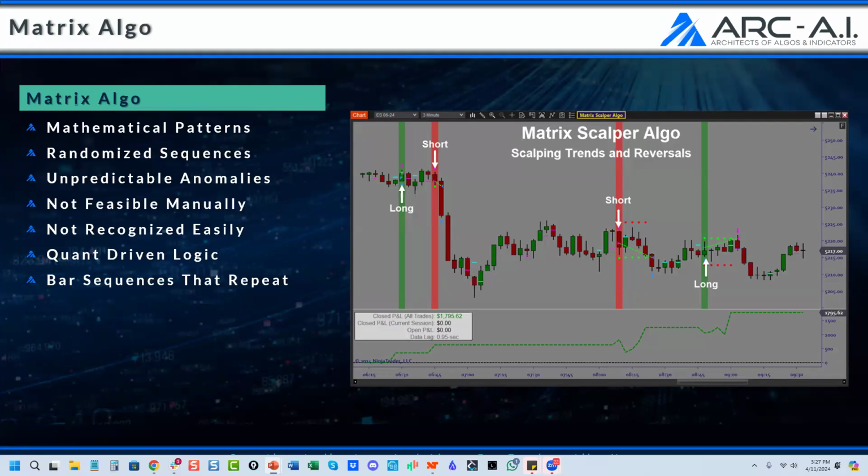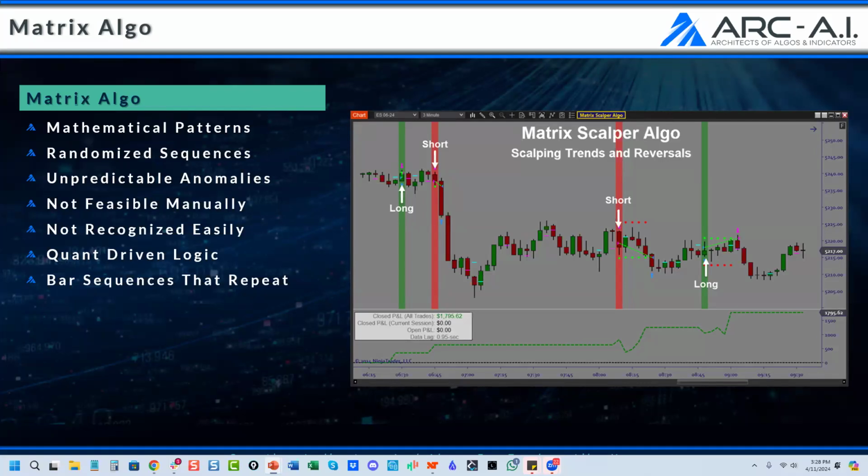Well, there are things going on in trading that you're not aware of. You just don't know they're happening, but they're happening right below your eyes. And they're normally mathematical. They're completely random. They're unpredictable. You will normally never do this manually. You cannot repeat it manually. And this is where quants come in. This is where the programmers, the data scientists, the guys that are looking at things that are only mathematically possible until you put things in motion, right?